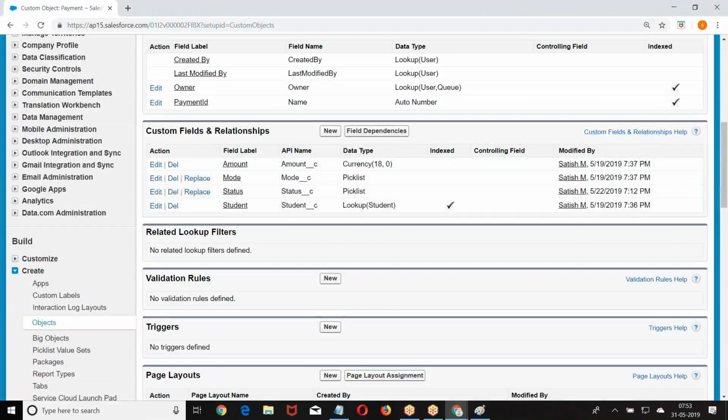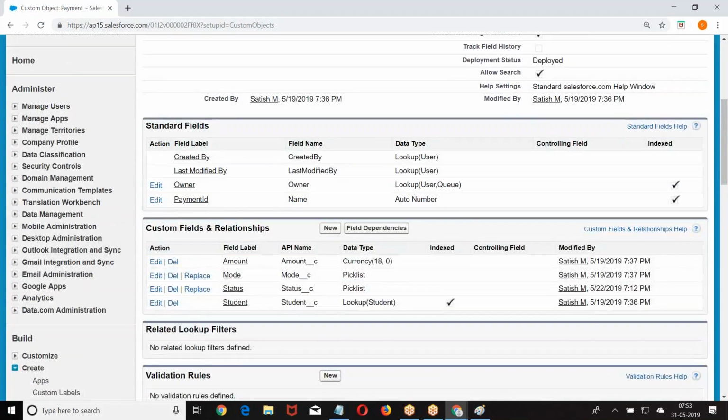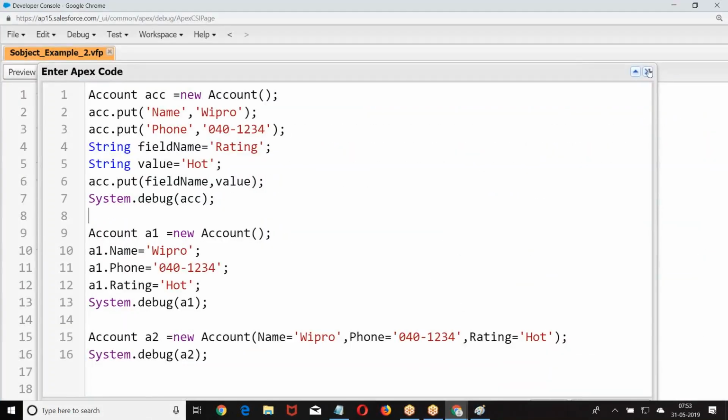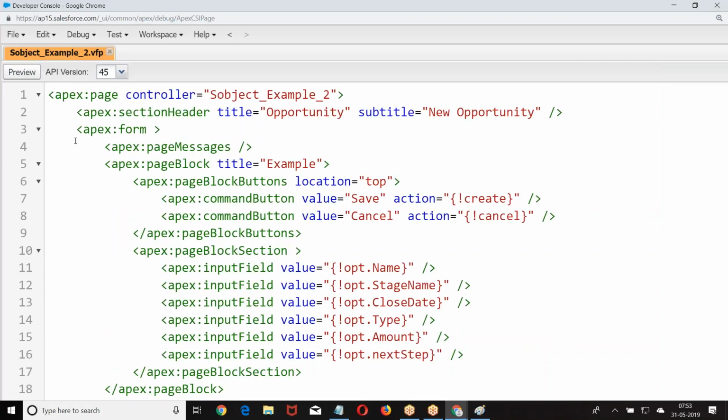I hope you're good with this. Now we can show an example, but it should be generic here. I hope you're good with this, right, Amma? Somebody from online, am I clear with that? Yes, Satish. Right. Now go back again.